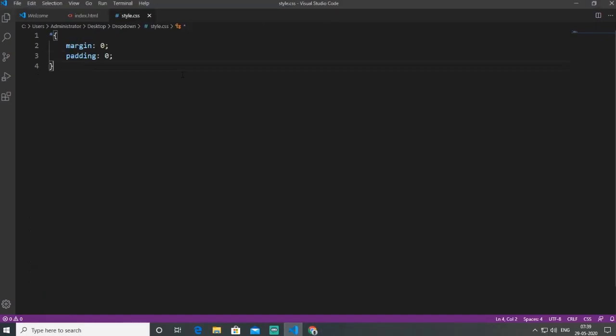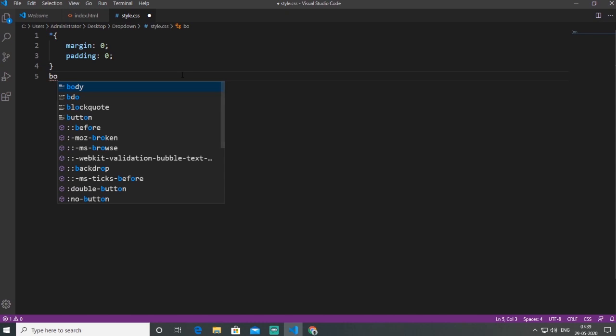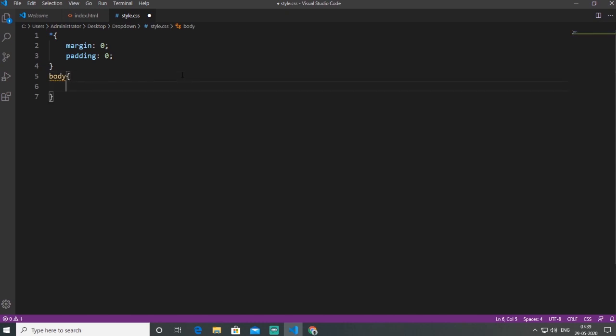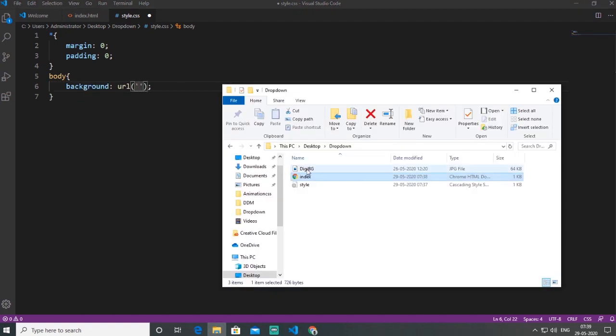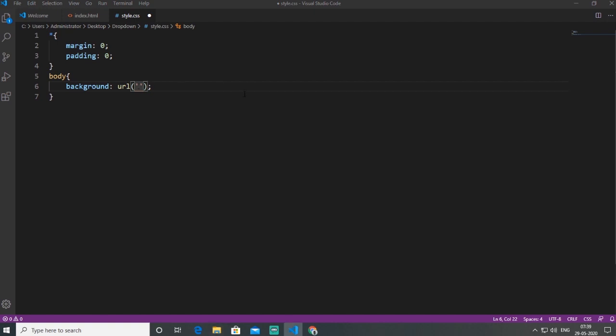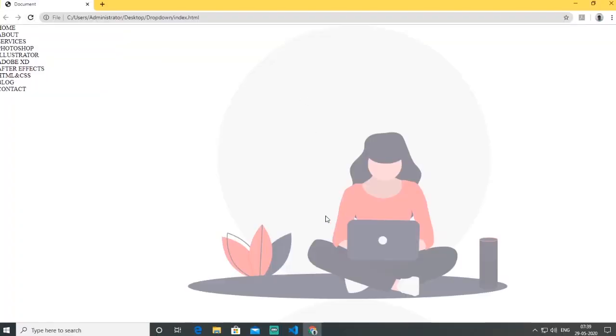In Studio Code I go back to my CSS file, and now I define my body, because I want to put an image here. In body I put the background image. For the image the background URL is dgbg.jpg. So I write dgbg.jpg. I save this file first, and I will show you how it works. My image is showing in my browser.